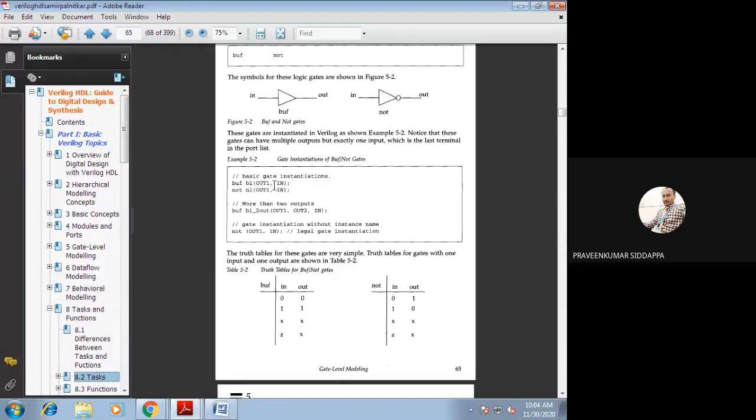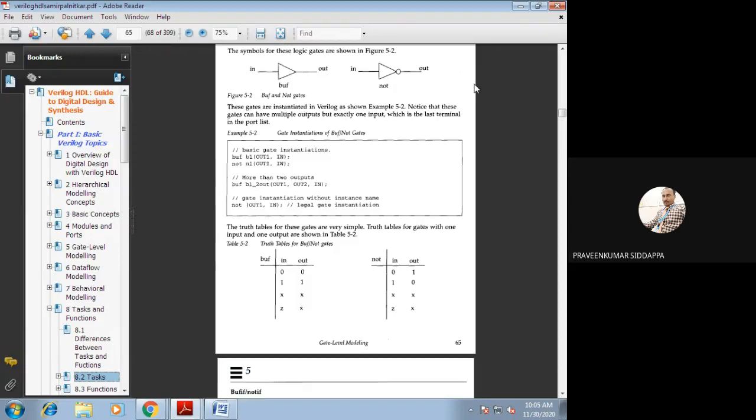Okay, so out1 comma in1. Here the output I have called out1, and the input I have called in. Because of that, out1 is equal to in, that is how it should be executed. That is like a buffer. How should an inverter be written? For writing an inverter, we should use the keyword not: not n1 (out1, in). These are the two expressions for these two logic symbols.